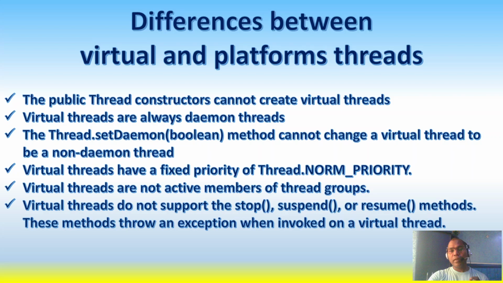Virtual threads are very cheap to create. Any number of virtual threads you can create, and even blocking a virtual thread is cheap. That means whenever your virtual thread is running, now you can make a blocking call. Previously your task is blocked and the corresponding thread is blocked, but here your virtual thread, if it is going to block, is just pushed out, and now the thread is free to take another